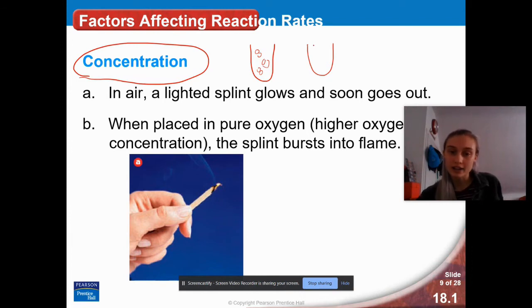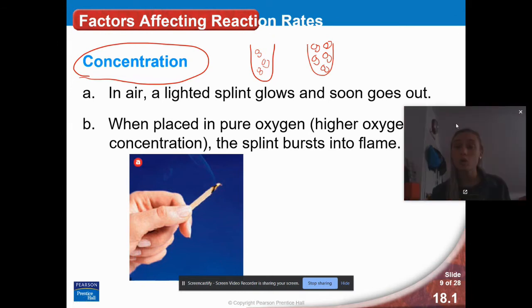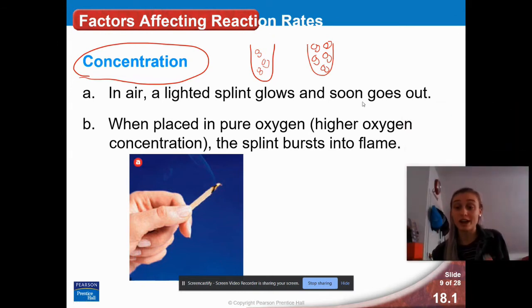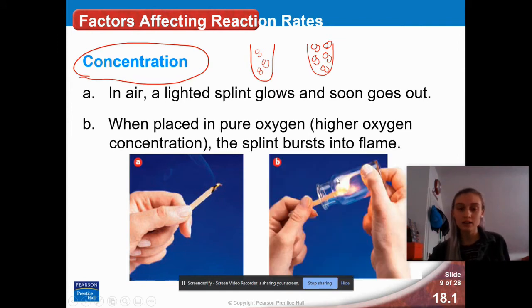But if we have a really high concentration, so that's like a lot of stuff, there's a lot more to react with. Sorry, these are my O2 molecules. They're kind of ugly, but I'm sorry. But so when we have more oxygen, there's more stuff to react with, right? And so because of that, we're going to burst into flames when we have a fire, okay? So this is just saying you do have a fire, but it doesn't last long and it's very small, as you can see. But then when you have straight oxygen, which is a very high concentration,